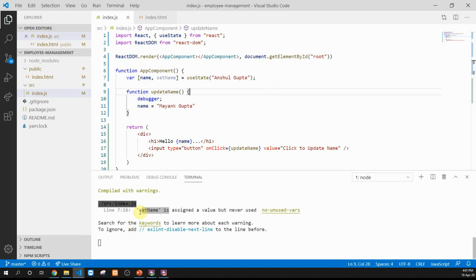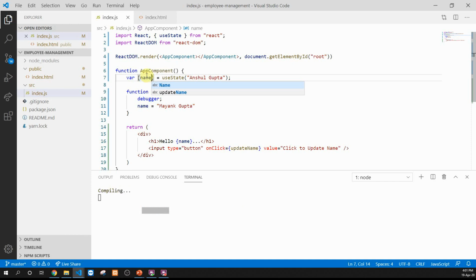So now what I will do is I'll get back to the application and we'll see the impact. First of all, we are getting an error which says set name is assigned a value but never used. So let's remove it. I just want to get the first value out of this use state. And over here, I'm putting this inside a square bracket, which means I'm looking for array destructuring. This use state is returning me an array of getter and setter. So I want to extract the first value, which is the getter. So I'm using only one input parameter name inside these square brackets to extract that getter.